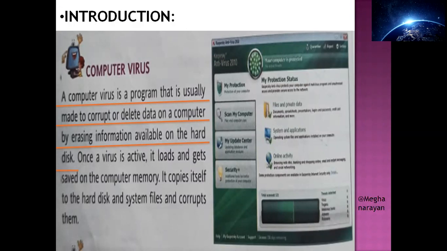It deletes the data by erasing the information available on the hard disk. Now, once a virus enters inside, it installs itself. When installation is completed, it will be saved in the computer's memory. And once the memory saving part is also done, the next thing it does is start copying itself and delete the system files or corrupt them.